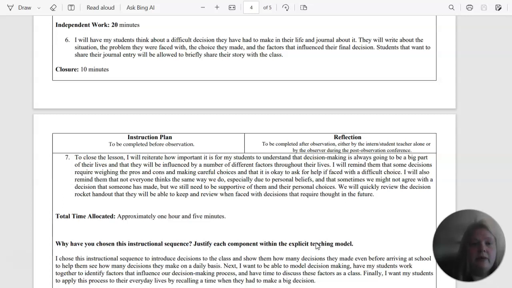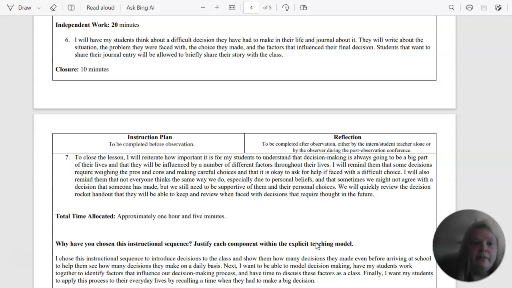And then I want them to quickly review the Decision Rocket handout that they will be able to keep at their desk and review when faced with decisions that require thought in the future. The Rocket handout is something for them to use when they are making decisions that will require them to think about the big picture, think about their beliefs. It mentions different strategies for meditating, going to a quiet, calm place, even praying, and asking an adult, and different strategies that they can use when they have to make a decision that's really going to be a huge impact